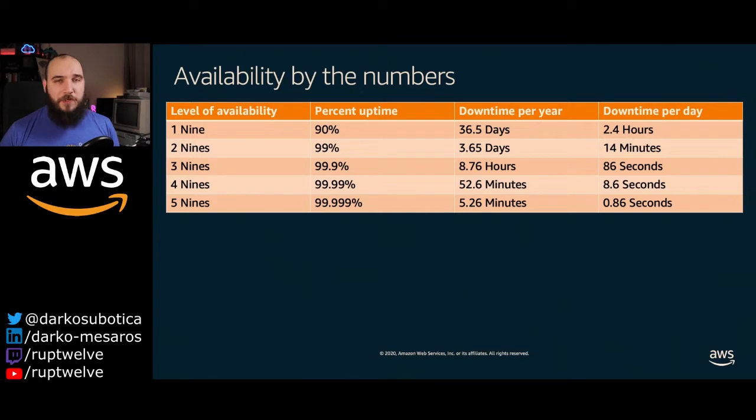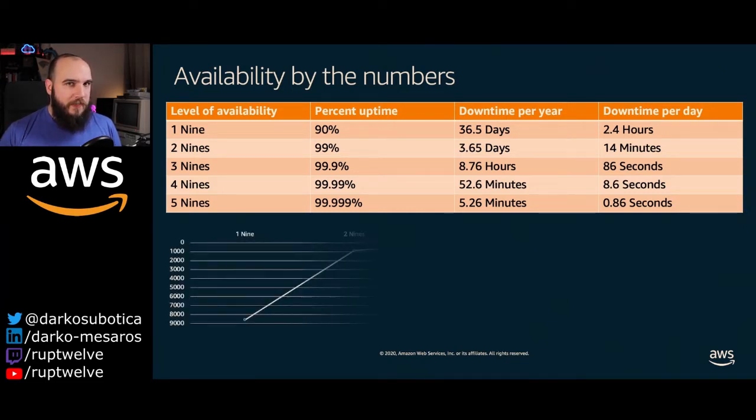If we go just to 90%, that's 2.5 hours per day downtime. I hope you don't have a critical system that's 90% uptime, 90% available. But if you go all the way to like 99.999, that is 5 nines of availability, you can have